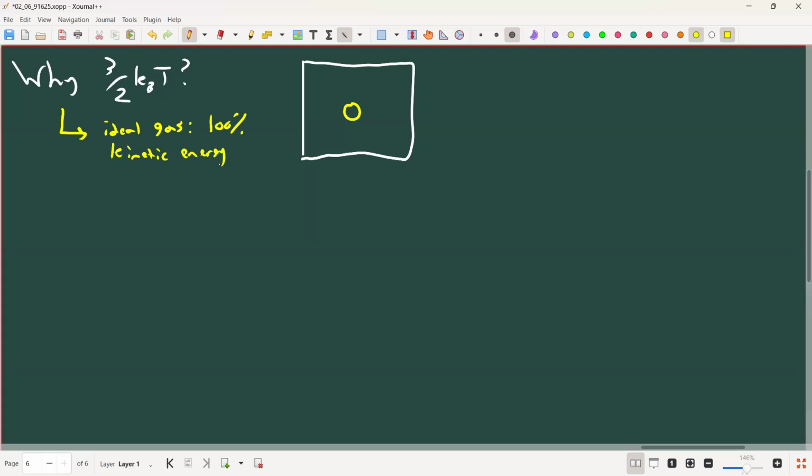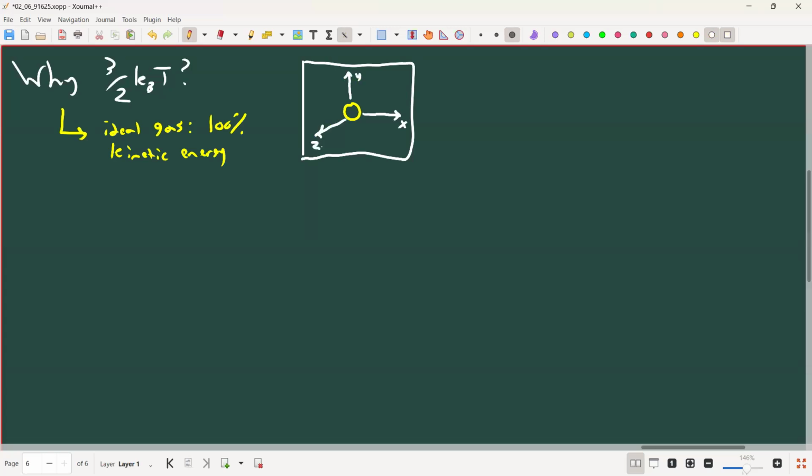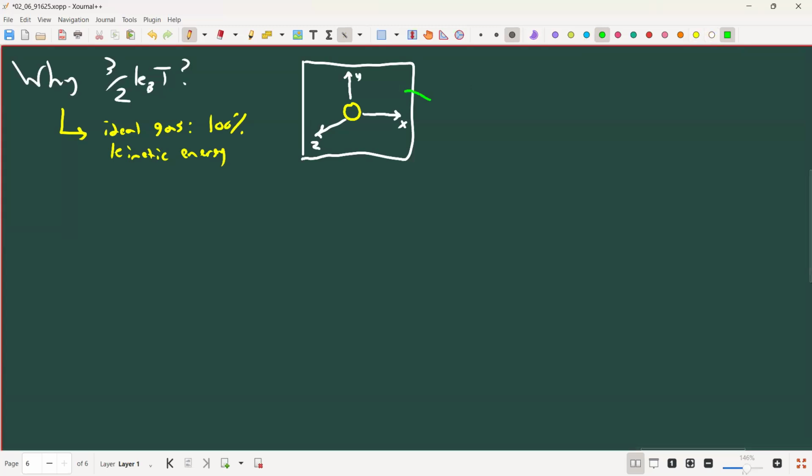So this particle is moving with kinetic energy in 3 different directions. It could be moving in the x direction, in the y direction, and in the z direction. So we could say that the kinetic energy of this particle